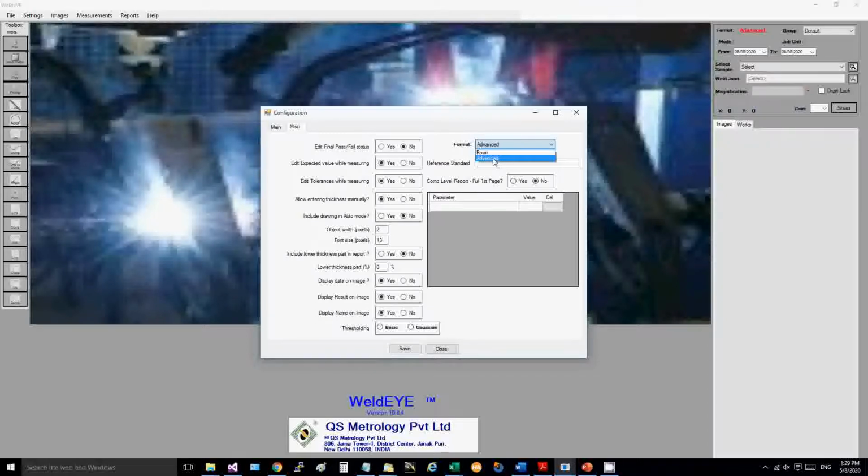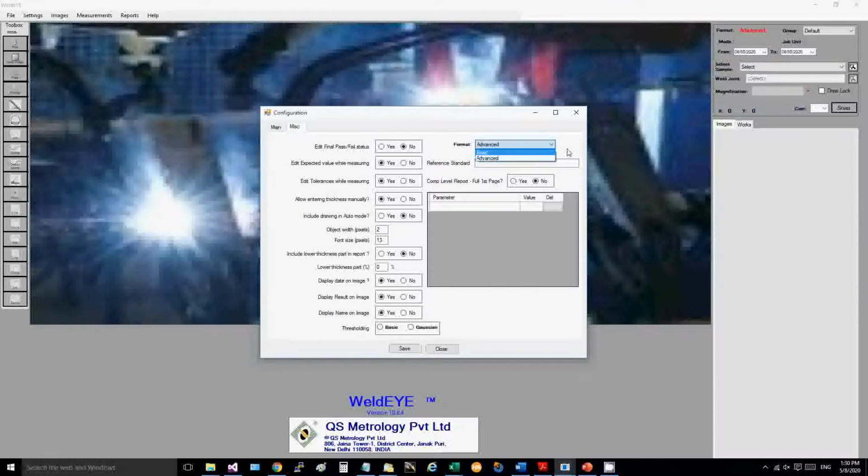It again depends on how you want to do your measurements. If you have very strict criteria like rules, different types of joins, etc., then you should switch to advanced mode.